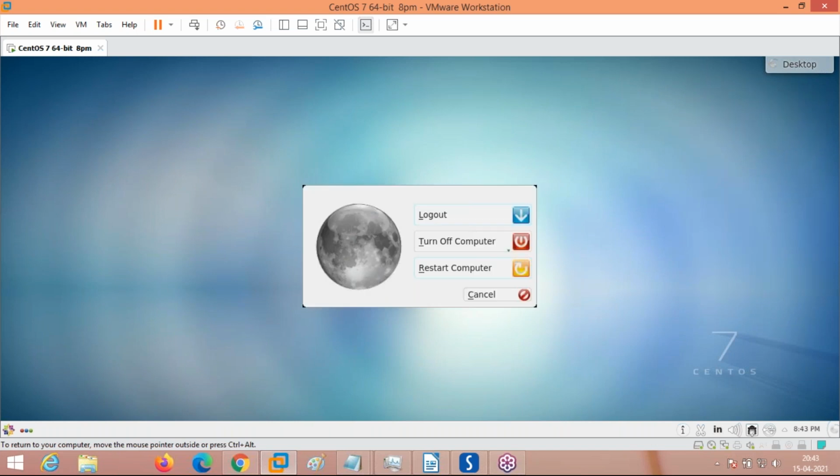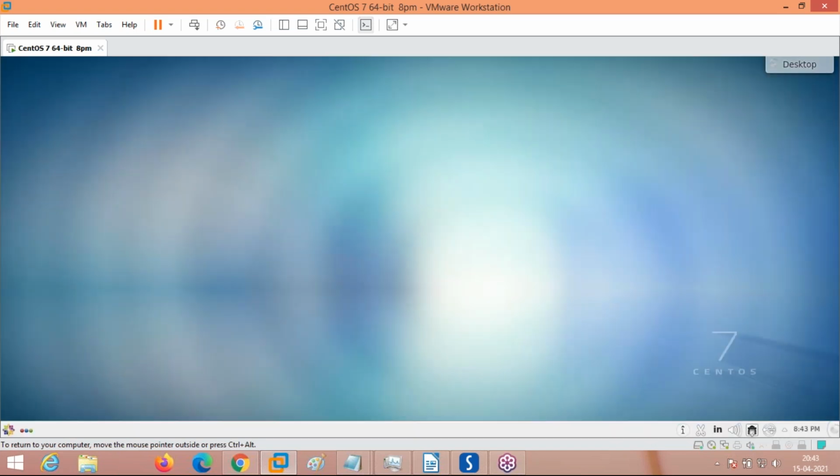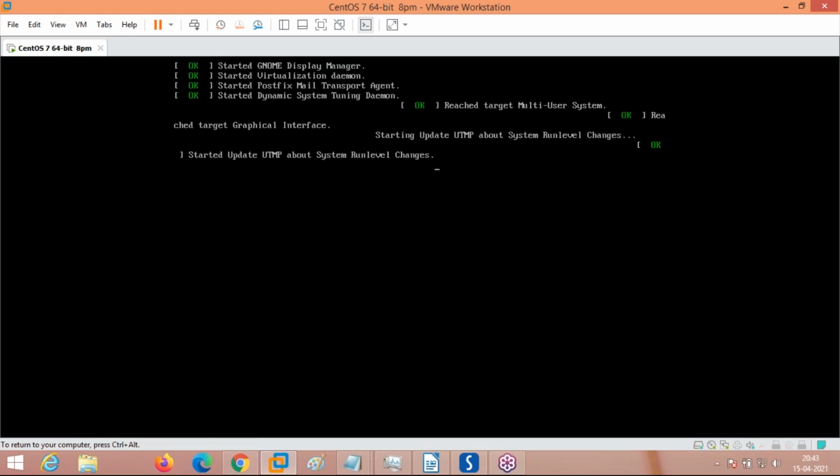I showed you what the KDE desktop looks like. I'm just logging off and logging into GNOME desktop, GNOME Classic again. Okay, now I have set up my host name. I will set up my IP address, and I made a host name to IP address mapping in the /etc/hosts file. And I showed you the different GUI desktops available in a server operating system, CentOS 7.